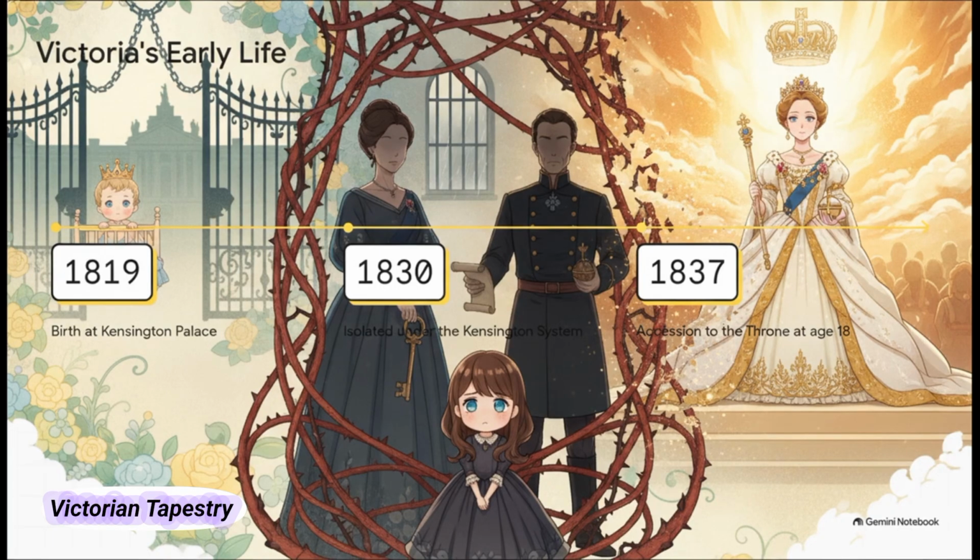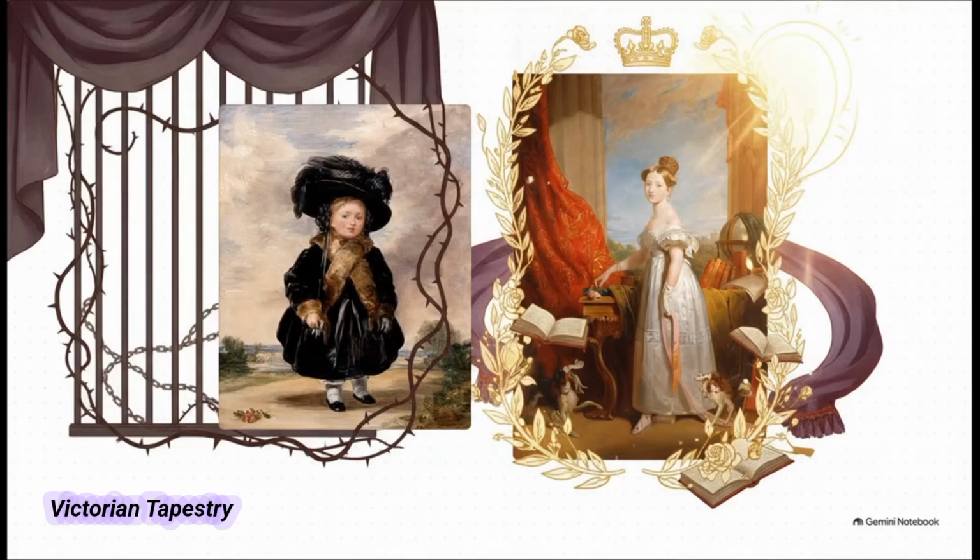But then, in 1837, her uncle King William IV dies. Suddenly, at just 18 years old, she inherits the throne and finally grasps her independence. And the contrast is just wild. Imagine going from a melancholy, heavily guarded kid, bundled up and kept entirely away from the world under that oppressive Kensington system, to suddenly you're a young, independent queen. You've got your beloved spaniel Dash by your side, and you are totally coming into your own. The absolute second she became queen, she famously banished Conroy from her presence and just took control of her own